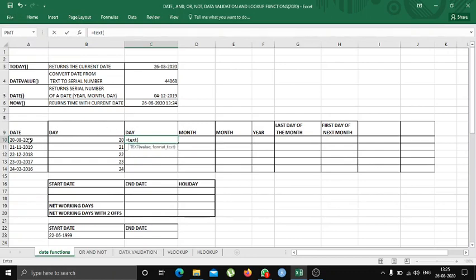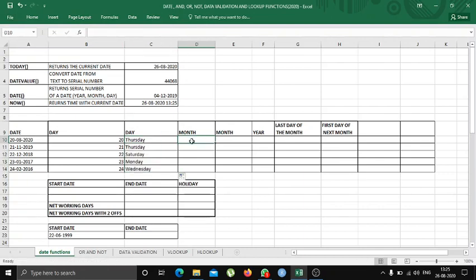Then select the date, enter a comma, and enter dddd, but it should be in inverted commas. So open the inverted comma, close the inverted comma, and then close the bracket. With this, you have entered the formula, and then press enter. Again, you need not enter the formula again and again for the whole column. You just double click on this plus sign and it will get automatically calculated by Excel.